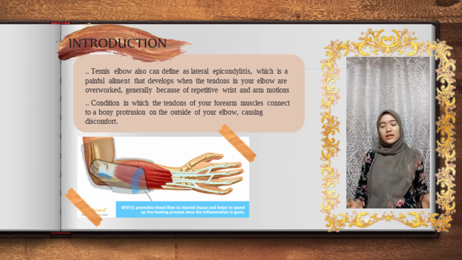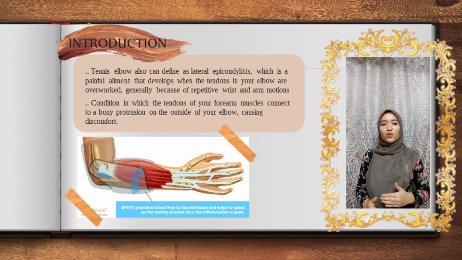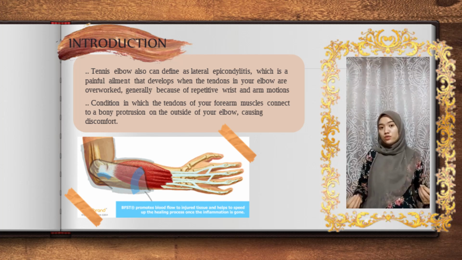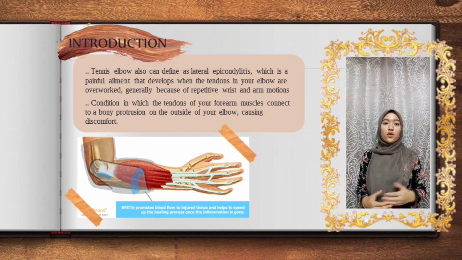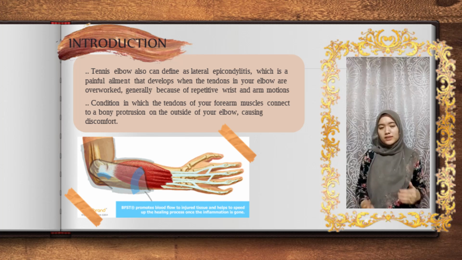Tennis elbow can also be defined as lateral epicondylitis, which is a painful ailment that develops when the tendons in your elbow are overworked, generally because of repetitive wrist and arm motion. It is a condition in which the tendon of the forearm muscle connects to a bony protrusion on the outside of your elbow, causing